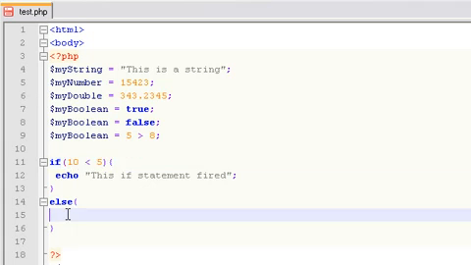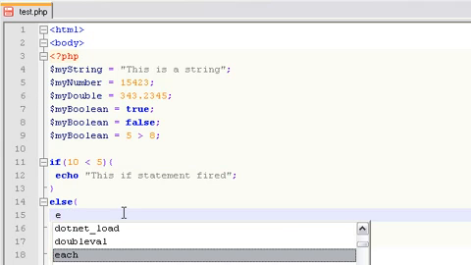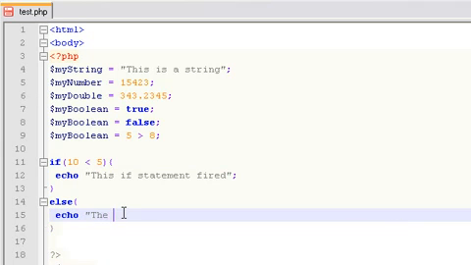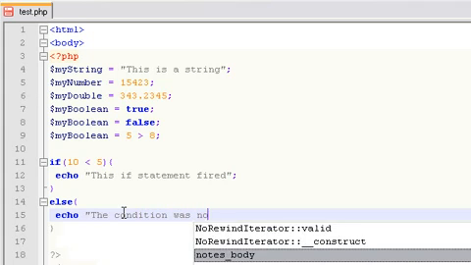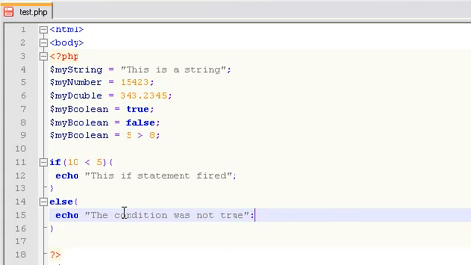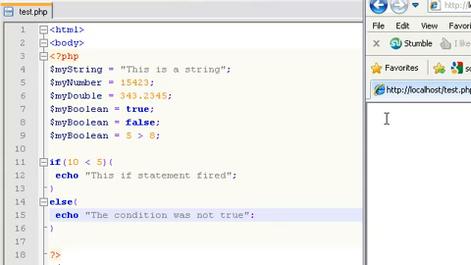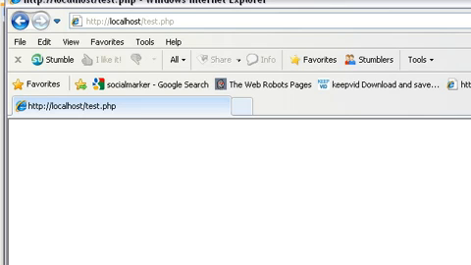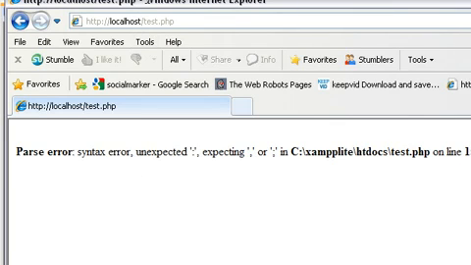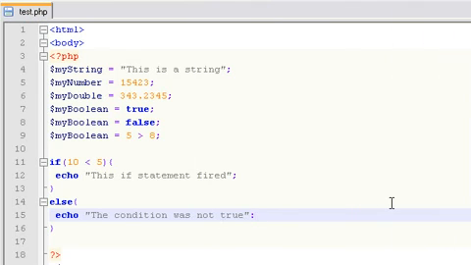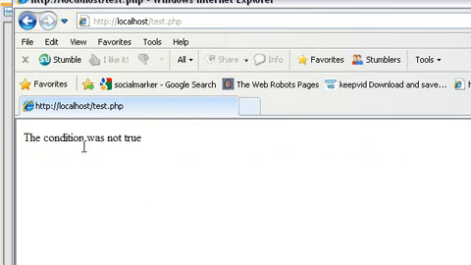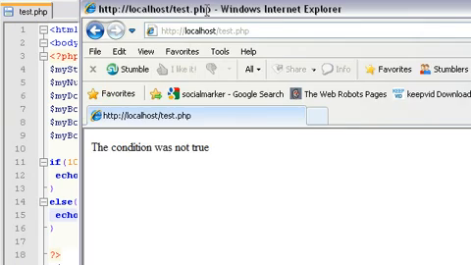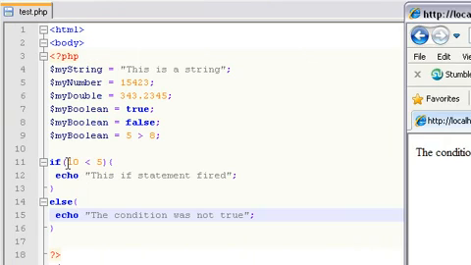So let's echo the condition was not true. So let's save that, and again, we're comparing if 10 is less than 5, which of course is false. And we have a parse error here. Oh, I see. So let's try that again. Okay, the condition was not true